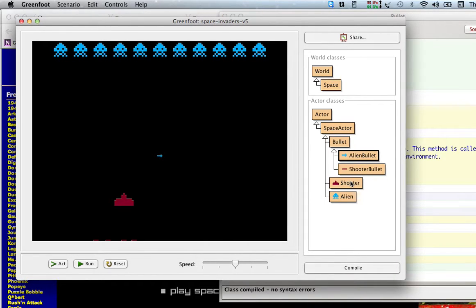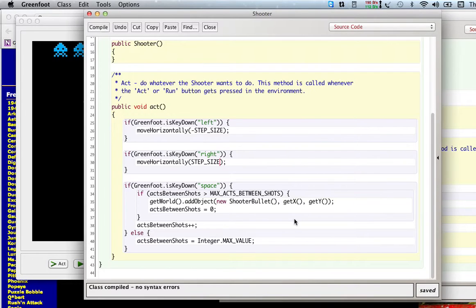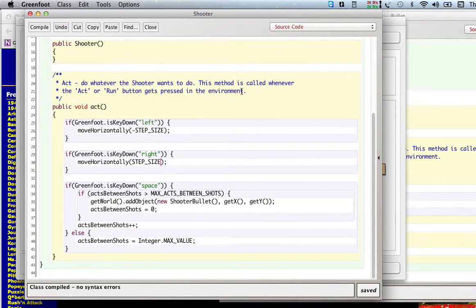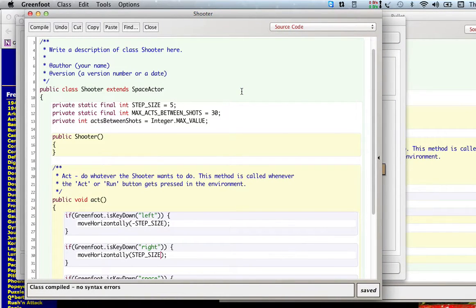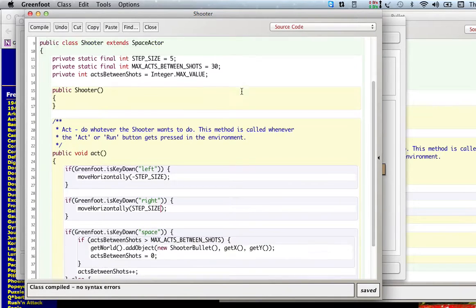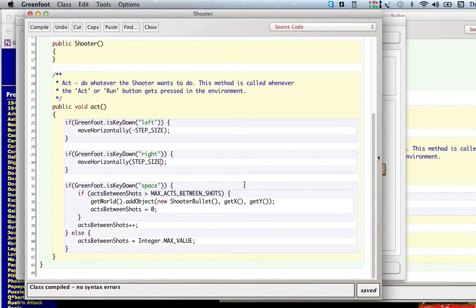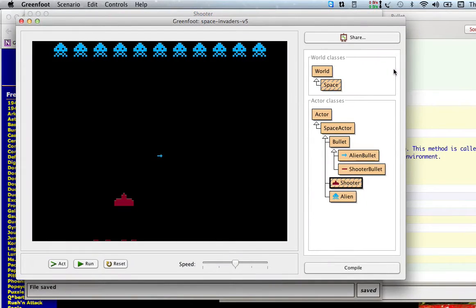Oh, I see, the shooter and the alien create their bullets, right? So new shooter bullet. What if I make this be minus step size,